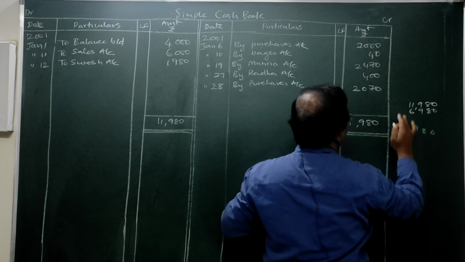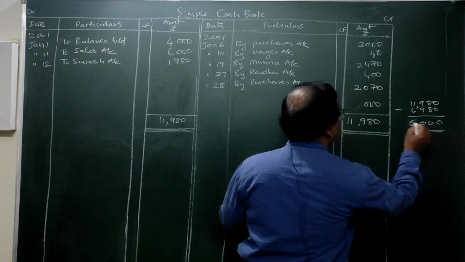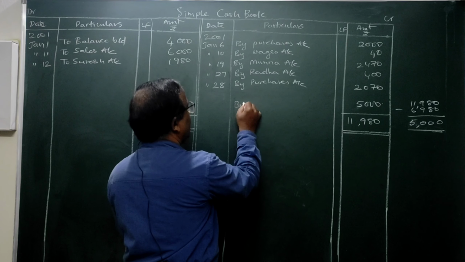6,980 is the total here. So you are subtracting it here. You can see 0. 5,000 is the balance left over. So that 5,000 you will write it here. So this is balance